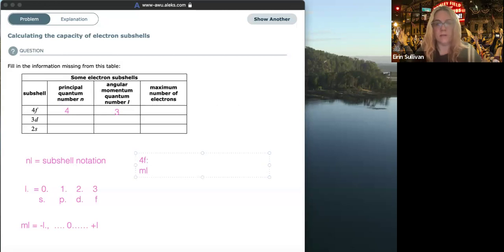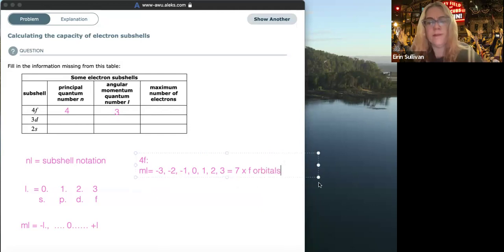So if l is 3, it can be minus 3, minus 2, minus 1, 0, plus 1, plus 2, plus 3. So that is 1, 2, 3, 4, 5, 6, 7 f orbitals. And that's the same whenever l equals 3, you will always have